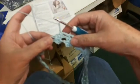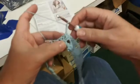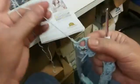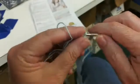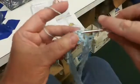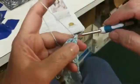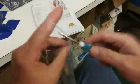Okay, double crochet in the second double crochet of the shell, chain. Oh, I'm sorry, where are we here? Let me start over. Okay, I have 3 chain on my hook, so I'm going to go into the next shell and double crochet between first 2 and last 2 double crochet, and then I'm going to chain 3, 1, 2, 3,